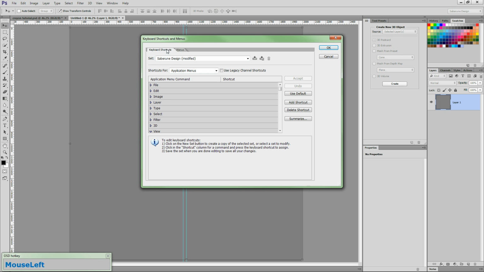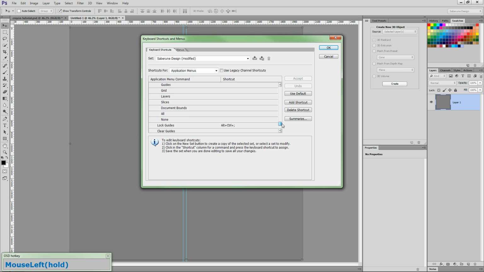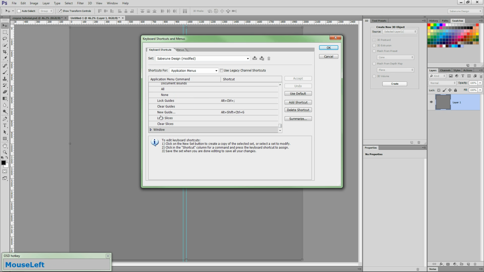Click on the Keyboard Shortcuts tab, scroll down, and expand the View menu. Now scroll down all the way to the bottom and click and select New Guide. And as soon as you click it, a field will automatically open up, allowing you to type in the keyboard shortcut of your choice. Now I've selected